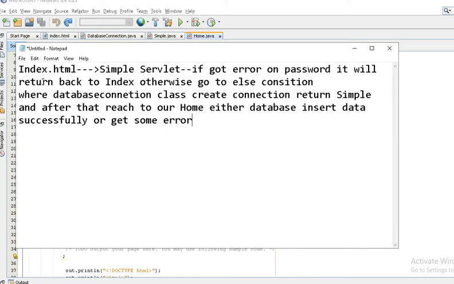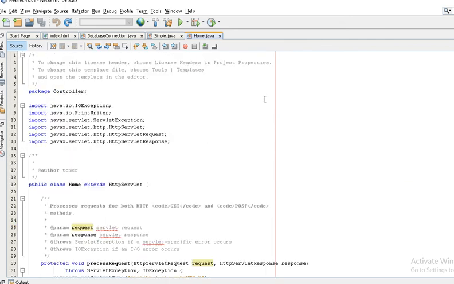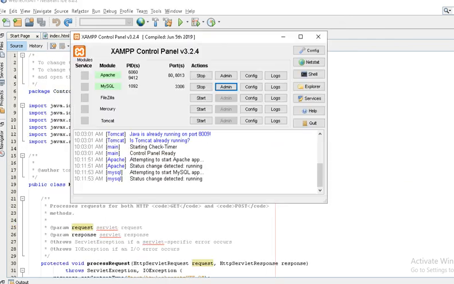We are using four pages: one is index.html, one is the database connection class, the third one is the simple servlet, and the fourth one is the home servlet, right? So I think everything is clear about what we are trying to do.